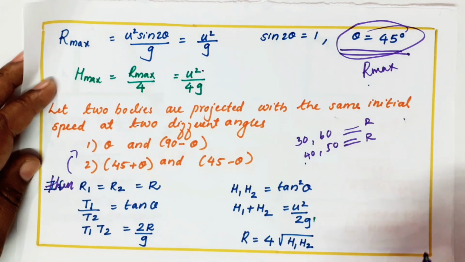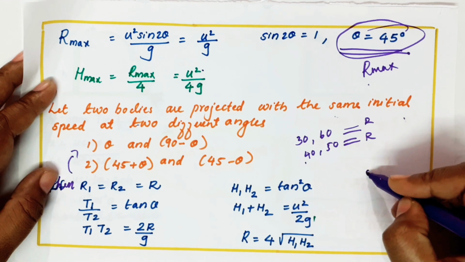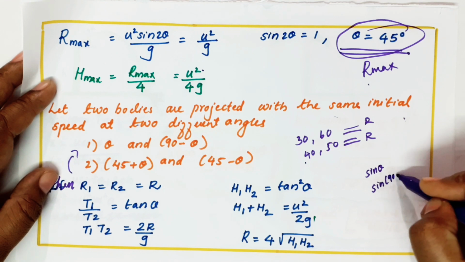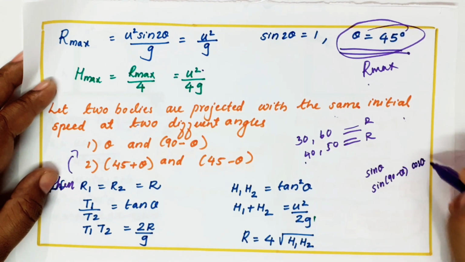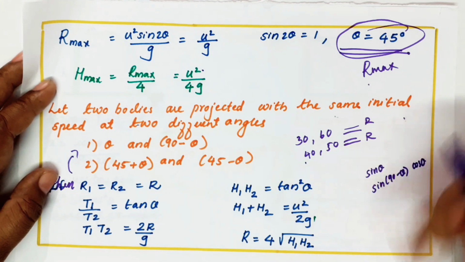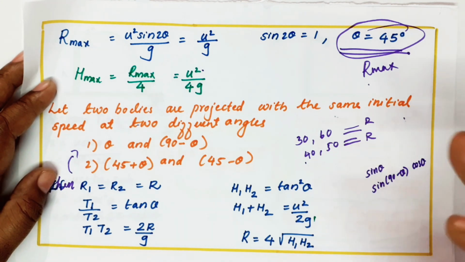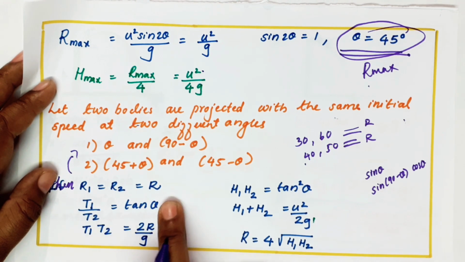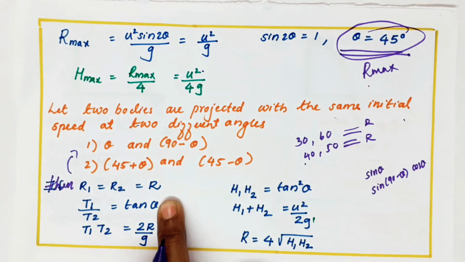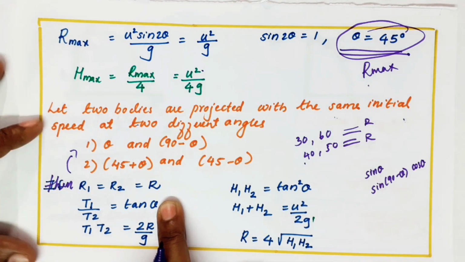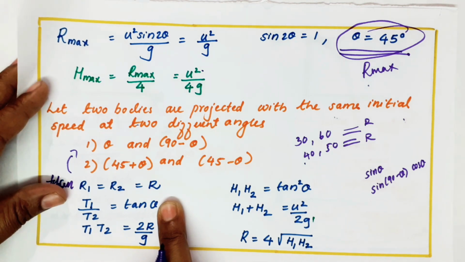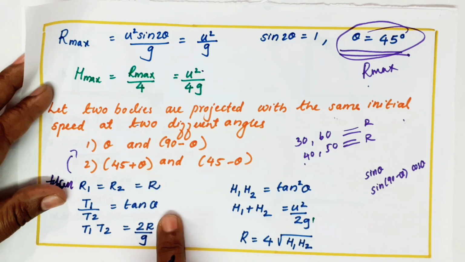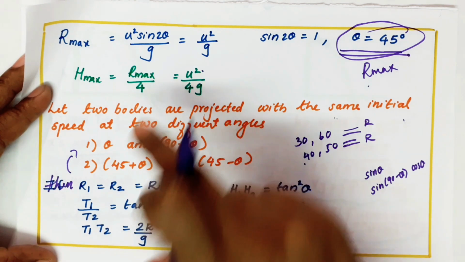Why that tan term is coming, I'll tell a shortcut. In the equation, sin theta, that one term is there. When you write for the second case, it will be sin 90 minus theta. What is sin 90 minus theta? Cos theta. In that form only we are getting the tan. So when we are dividing the time equation, the first one is 2u sin theta by g. The second one we will write 2u sin 90 minus theta, which is 2u cos theta. If you divide that, sin theta by cos theta will come, we get it as tan theta. So this you should remember.